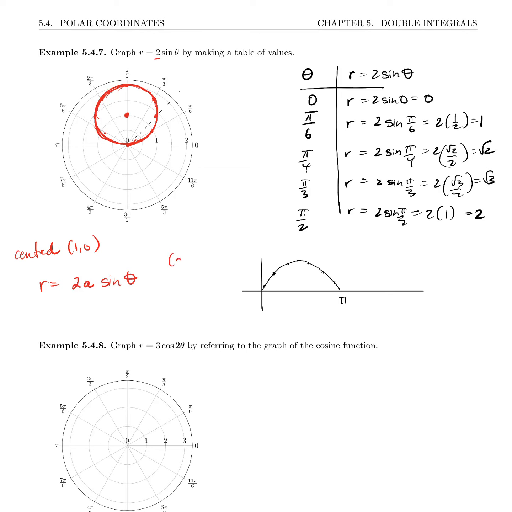Here a is 1, which is going to be a circle centered at, I should write circle as well, shouldn't I? A circle centered at the point a on the y-axis,